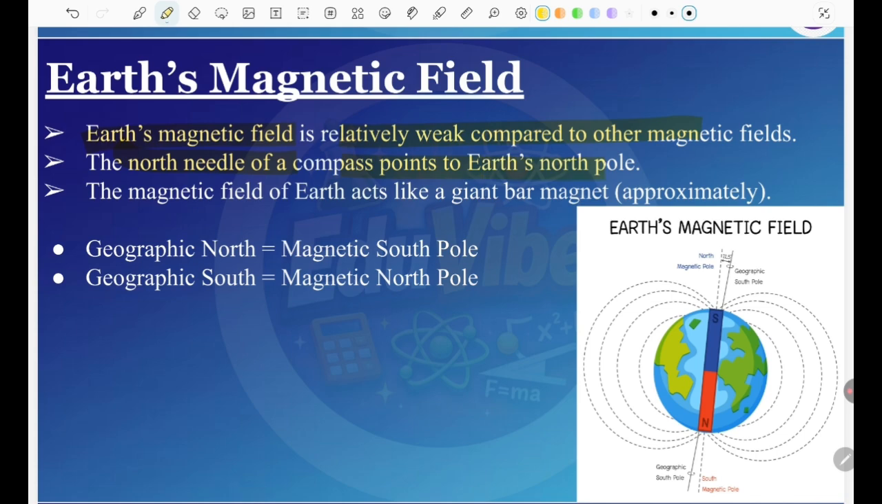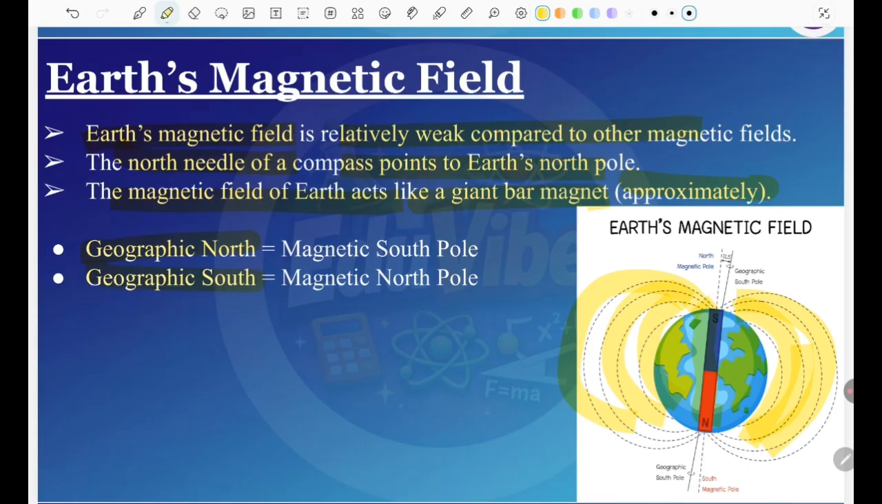The north needle of the compass points to the Earth's north pole, as we all know that the north needle will point to the north pole of the Earth. The Earth acts like a giant bar magnet. If we're talking about the Earth's magnetic field, it acts like a giant bar magnet. So for this, if we talk about the geographic north or the geographic south,